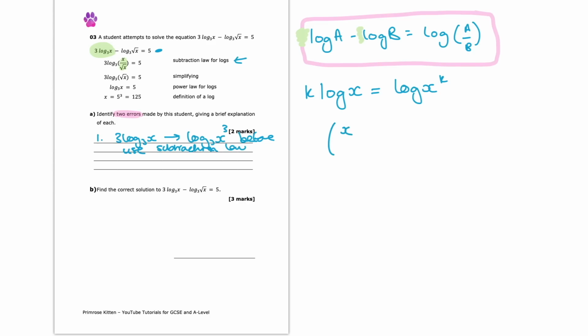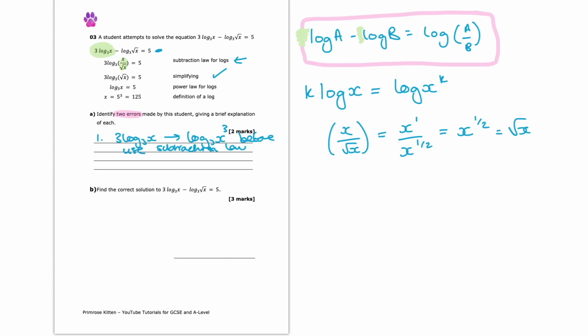Essentially x over root x, that is the same as x to the 1 over x to the half, and that is indeed x to the half or root x, so that bit there is fine. That simplification was fine. But then if we look at the next line where they use the power rule for logs, I can see